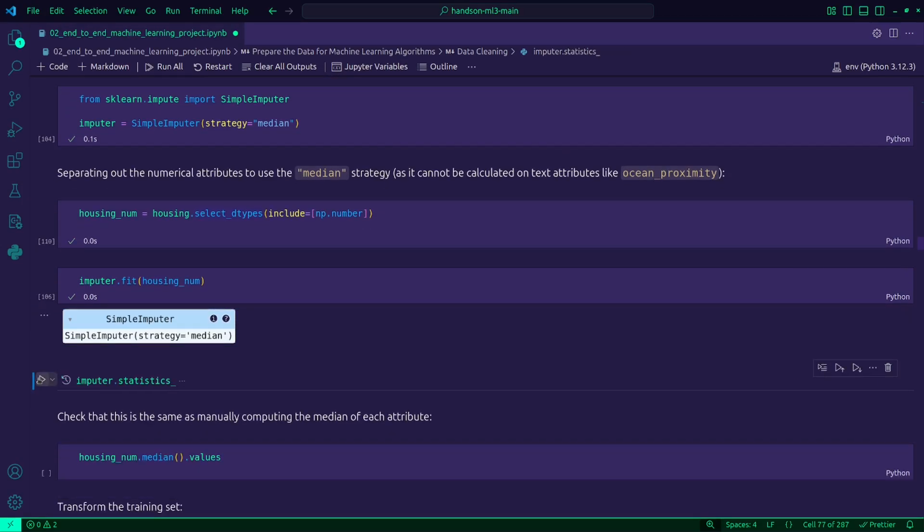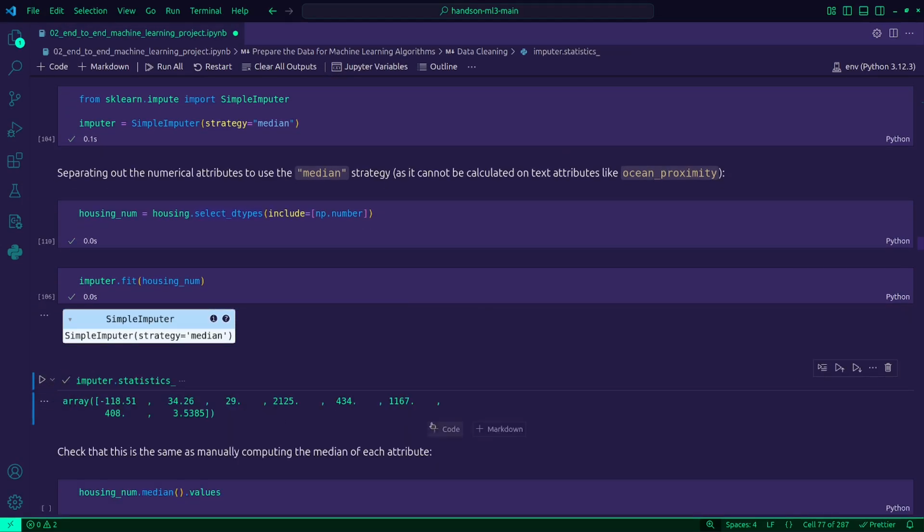Now if I run this line, after calculating, this attribute will contain the median in our case, or any other value in any other strategy we choose, for each column the imputer was trained on.